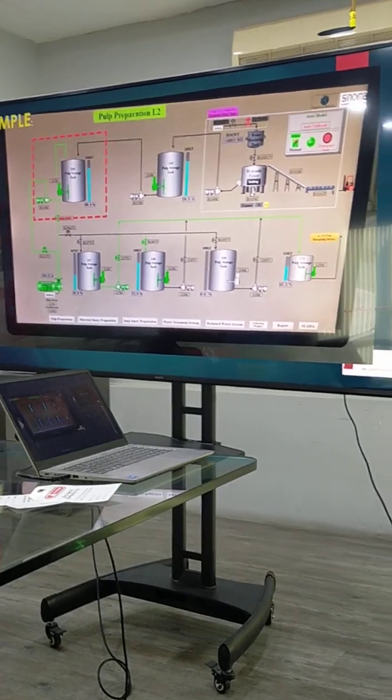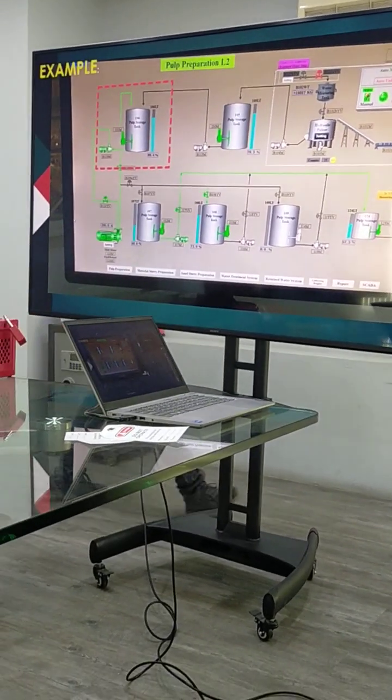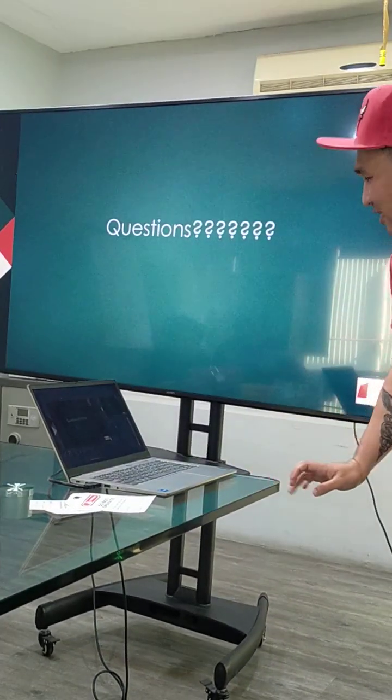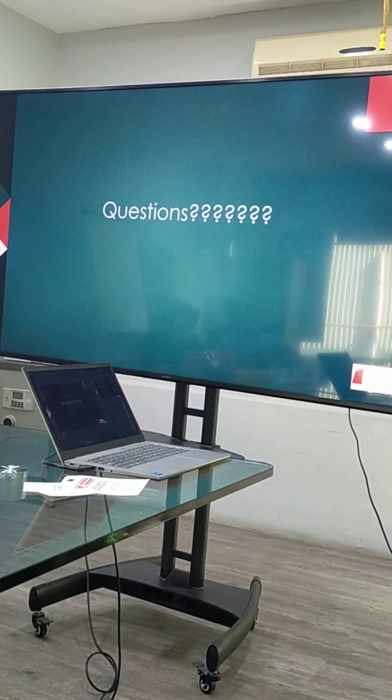So that's it for isolation. Do you have questions? What's the color coding? The color coding of